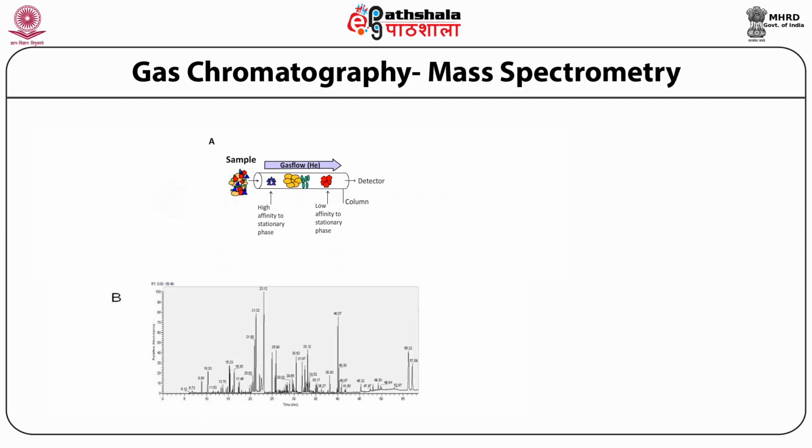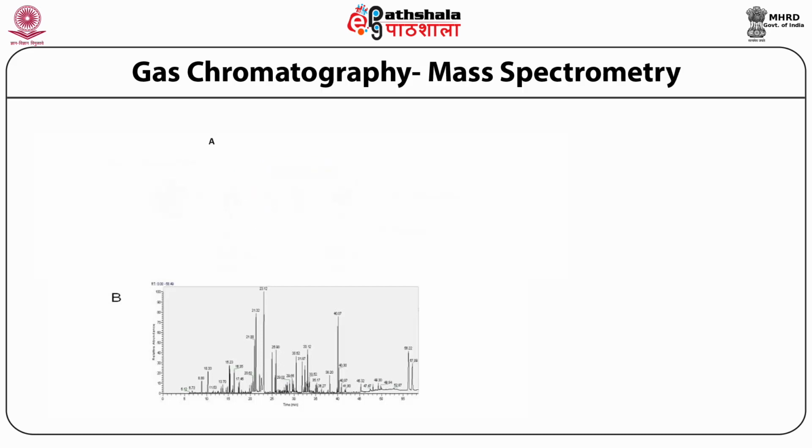Once they are fed into the detector and analyzed by the mass spectrometer, this is the kind of chromatogram that you will see, as shown in part B of this figure. The peaks here represent individual analytes, and the x-axis is the time, while the y-axis depicts the relative abundance of the lipid. The area under each peak will tell you the mole percent of the analyte that was present in the mixture.